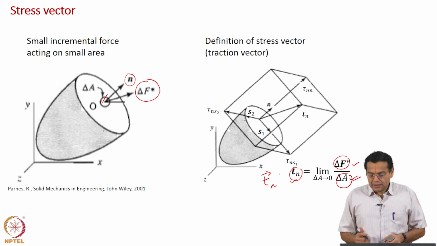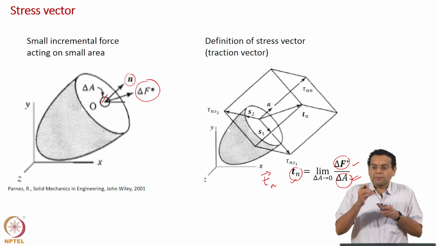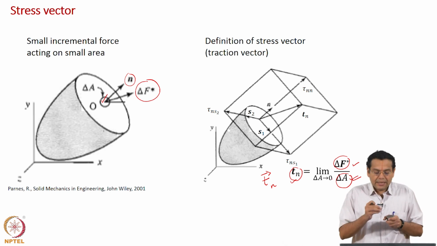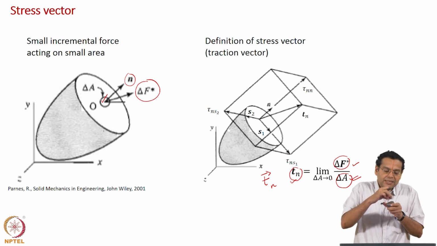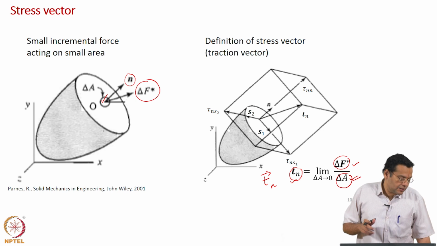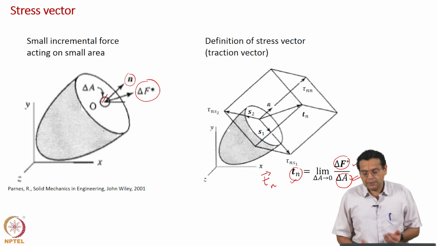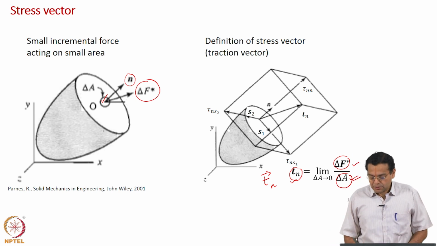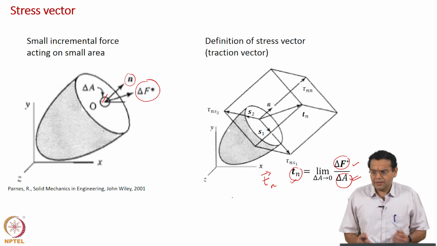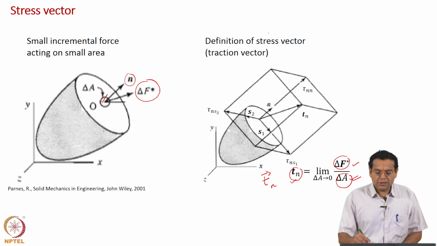When you imagine this, you should imagine a very small plane, just like you imagine a small control volume. Here again you should imagine a very small area, because it can vary from point to point and it tends to 0. What is the stress vector acting on that plane? The plane is denoted by the normal and that small point. So, this is the first notation we introduced, the stress vector, which we will use very frequently as we go along. It is also called the traction vector. You can come across both terminologies, and we will mostly use the terminology stress vector.